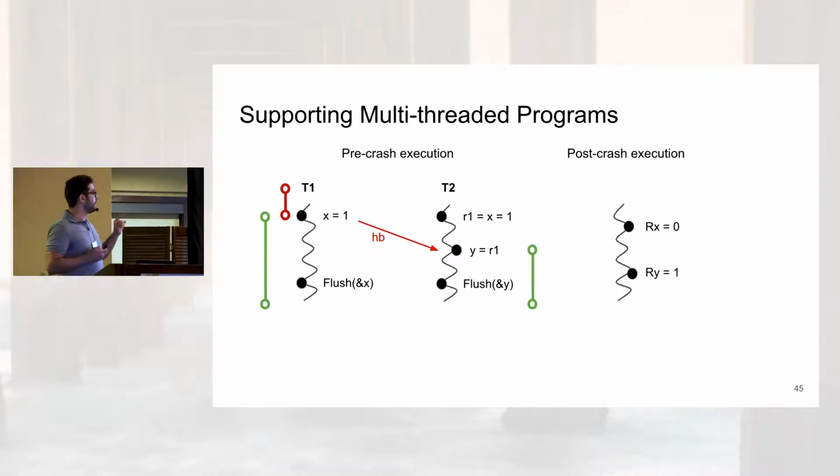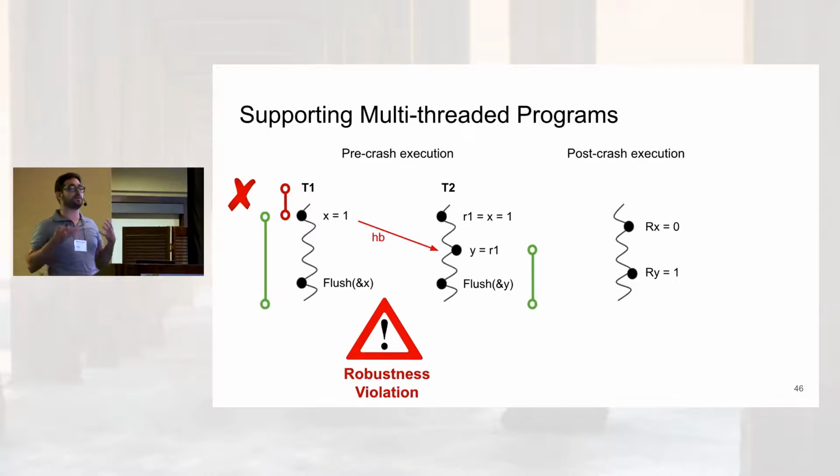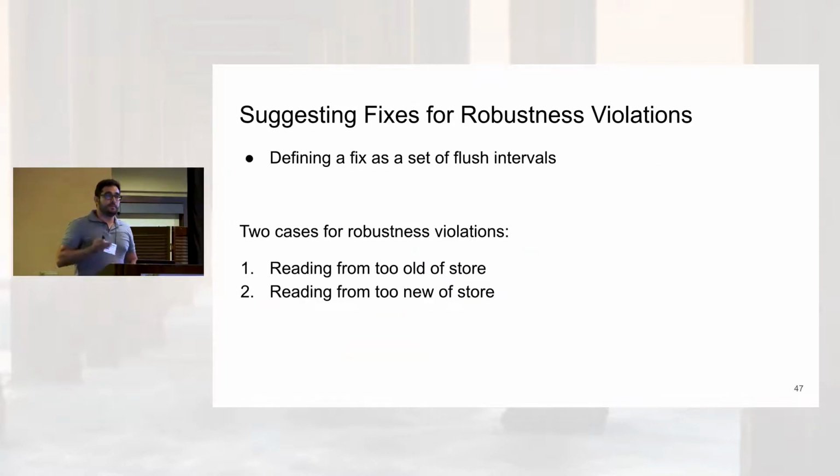The green constraint on the right side of the screen is the same as before, but the green constraint on the left is induced by happens before relation. Now, the constraints in T1 are unsatisfiable, and PSan has found a robustness violation for this execution. PSan not only detects robustness violation, but also suggests fixes. Our tool defines a fix as a set of flush intervals that covers operations that happen between a pair of